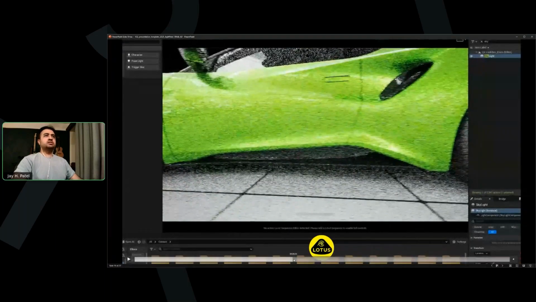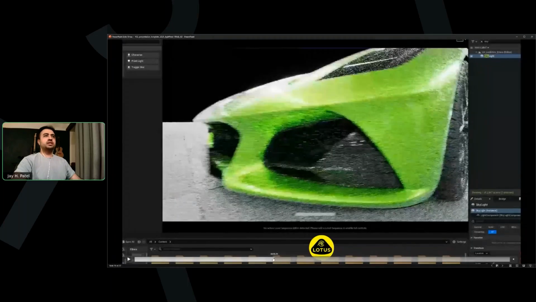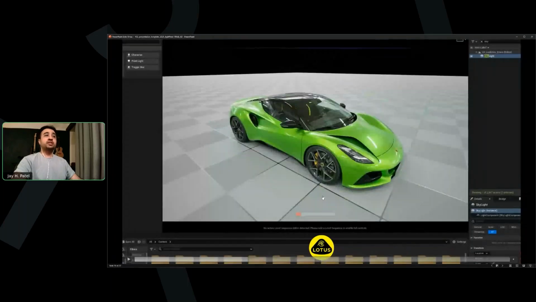If we're doing a product accurate film, everything needs to be correct. So if the index of refraction on the glass is off, then it doesn't look right. Although I have done tests with Lumen in UE 5.6, and I'd say it's catching up really fast.